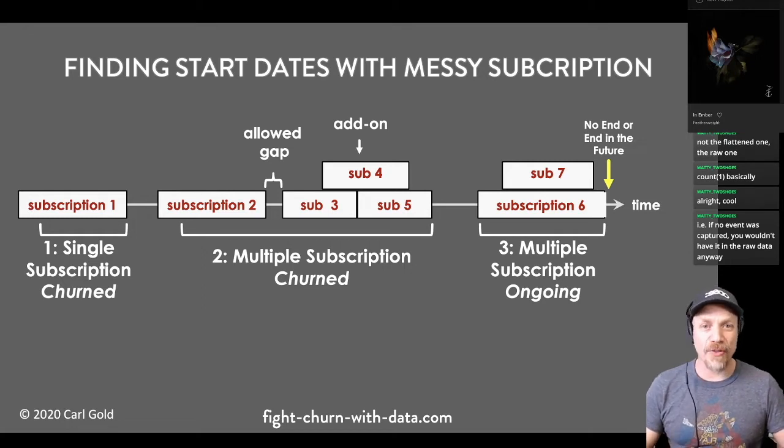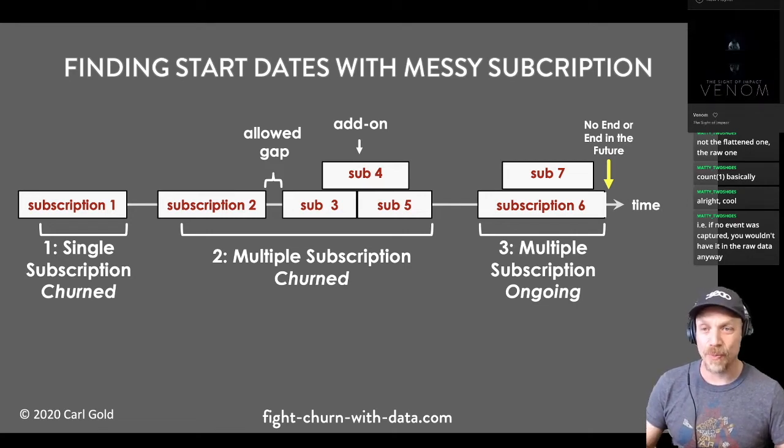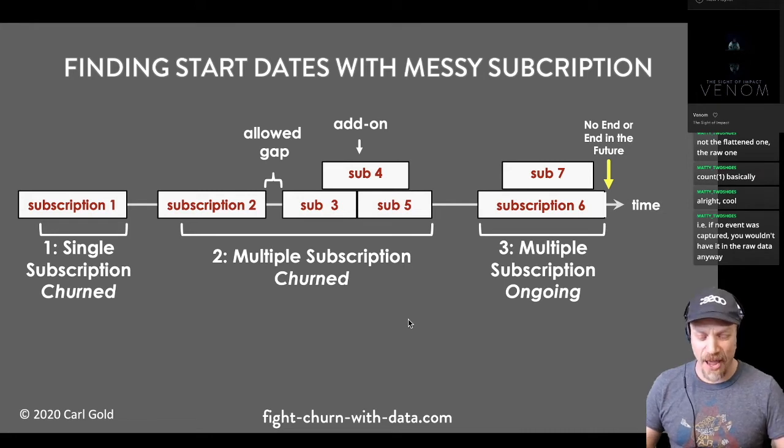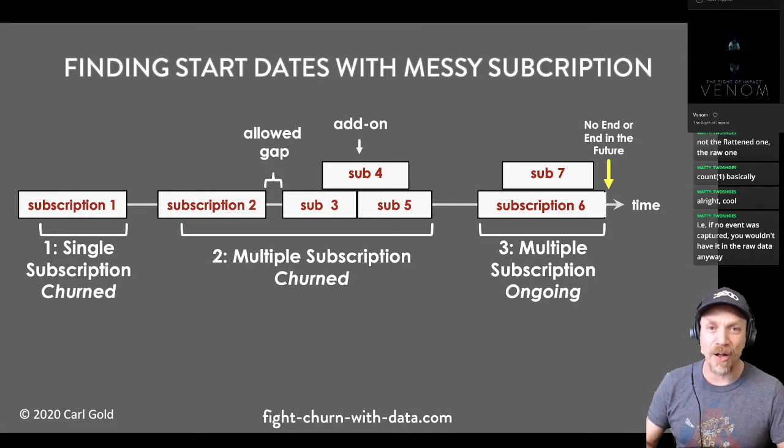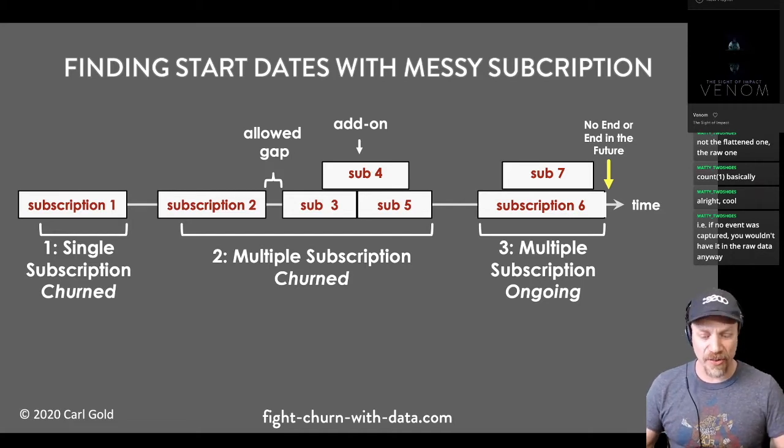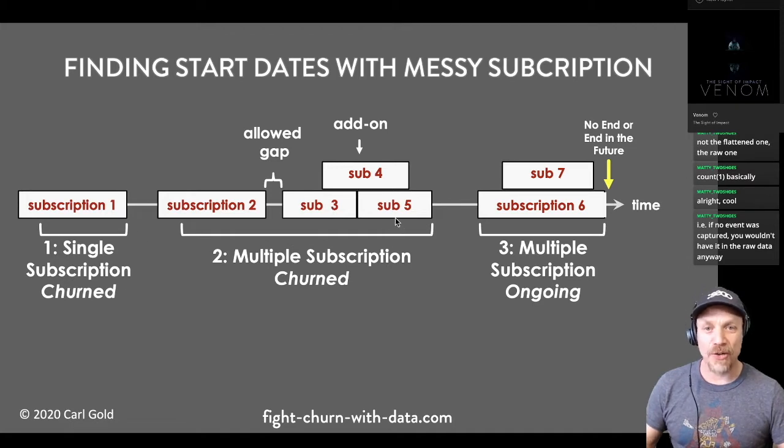So the algorithms we're going to look at are designed to handle the messy subscriptions and to identify the start dates. That's what we have to do. The hard part is identifying start dates. And it's actually very related to the account tenure calculation algorithm that we looked at in the last stream. I went into it in a lot of detail. The algorithm for calculating the account tenure, or customer age, as some people call it, uses a recursive SQL expression. And we're going to use the same one for this.